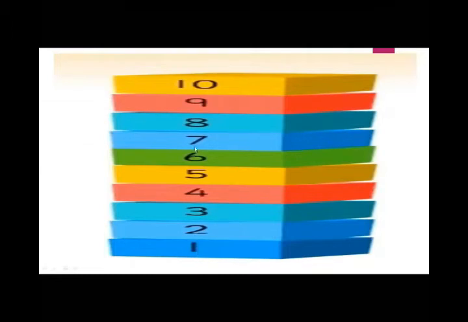So 1 to 9 is a single digit, or you can say a one digit number. When we add one more block here, it makes a 10. And 10 is a two digit number. As you see here, 1, 0, 10. And how to form 10? By using 0 and 1. We make a 10. So 10 is a two-digit number.